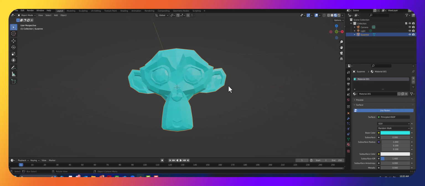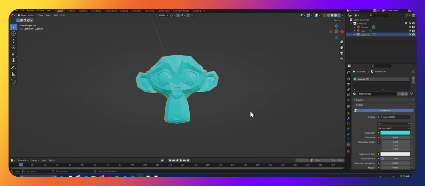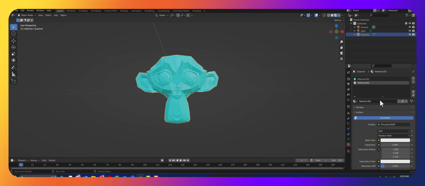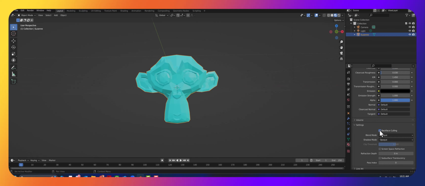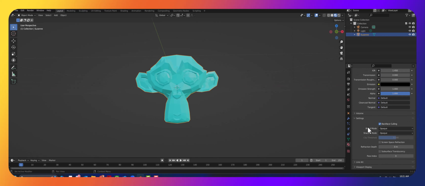Okay, so we can see that here. So this is a starting point. To add the outline, of course, you can click plus and new, change this to black. I'm going to come up because later it'll be nice and handy for this one to be called like outliner. So I'm going to make that material the outliner. The outliner, you have to scroll down and click backface culling in order to get it to work with the